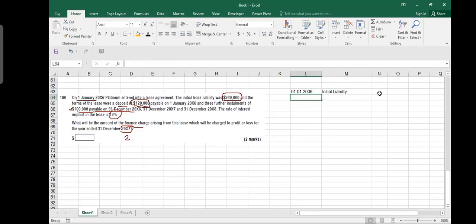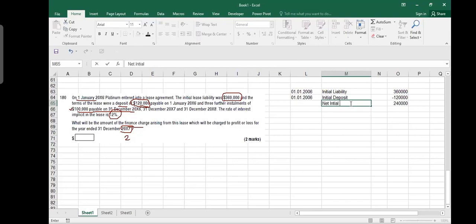Initial liability is 360,000, and you have an initial deposit. And the initial deposit is also given on the same date. And how much is that? It is, I think, 120,000. So it means that this is the amount. This is my, let me call it, net initial liability